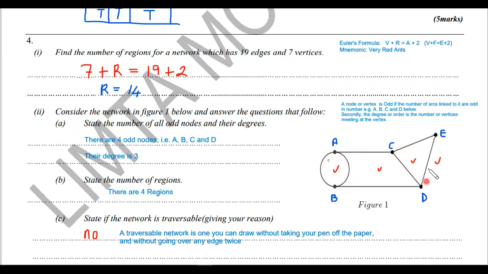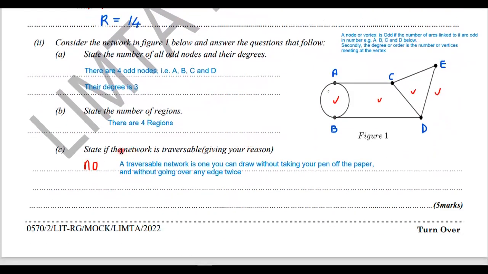And then this, like a triangle, is number 3. And this region outside is number 4. So there are actually 4 regions. Now state if the network is